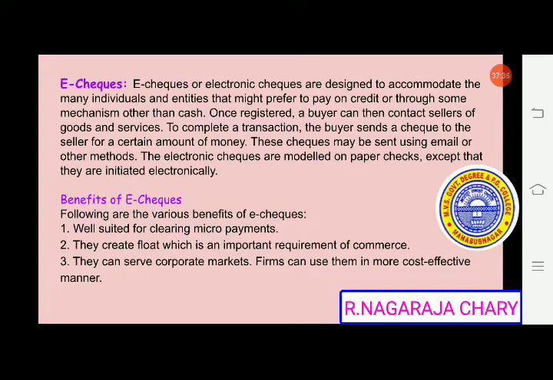Once registered, a buyer can then contact sellers of goods and services to complete a transaction. The buyer sends a check to the seller for a certain amount of money. These checks may be sent using email or other methods. The electronic checks are modeled on paper checks, except that they are